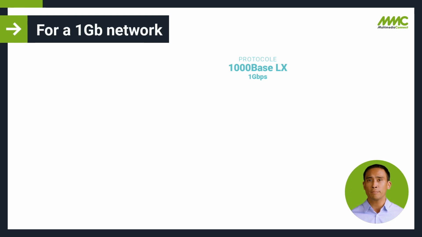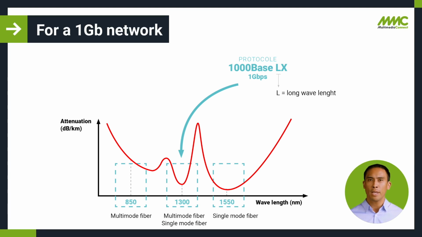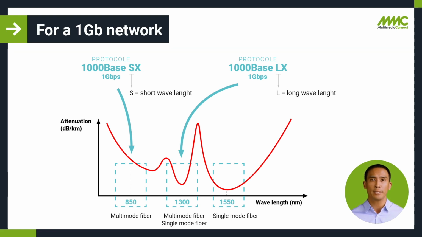What is LX protocol? L stands for long wavelength. So we're dealing here with wavelengths of 1300 or 1310 nanometers, because the LX corresponds to the second transmission window mentioned in the first video. This second transmission window is for multimode and single-mode fiber optics. In an SX protocol, where S means short wavelength, we're dealing with the small wavelength at 850 nanometers, which corresponds to the first transmission window exclusively for the multimode fiber optics. That's why for an LX protocol there are single and multimode values. With SX protocol, we only have multimode values.